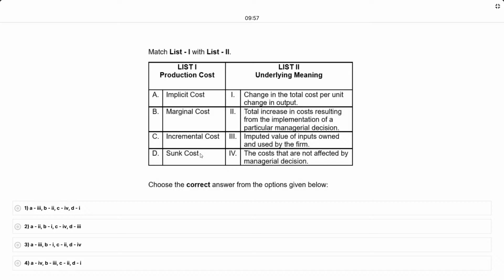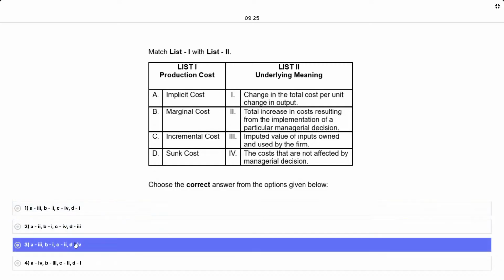This question we can try. Change in total cost per unit change in output, implicit cost, imputed values of inputs owned and used by the firms. The costs that are not affected by marginal managerial decisions, जो ऑलरेडी हो चुका है। डी का संक कॉस्ट होगा, भाई संक कॉस्ट डूब चुका है पैसा, अभी तुम कुछ भी डिसीजन लो आगे फर्क नहीं पड़ेगा। और ये इम्प्यूटेड वैल्यू इम्प्लिसिट कॉस्ट है, इम्प्यूटेड वैल्यू ऑफ इनपुट्स। सो हमें देखना है जिधर A3 और D4 हो। D4 एक ही है और A3 तो है ही, तो ये वाला आंसर है।